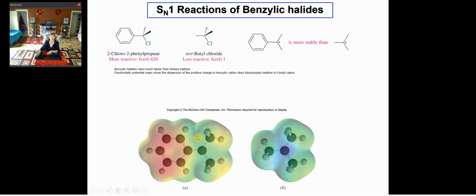So I think I'm going to stop here for now, and next we are going to study the different reactions of arenes. Particularly, we are going to study the SN1 reactions of benzylic